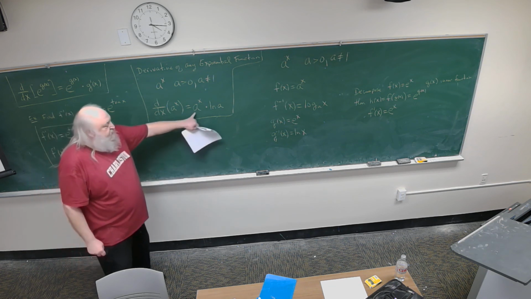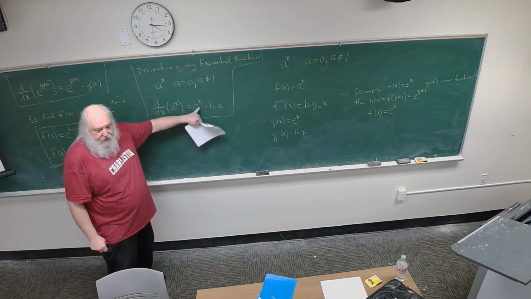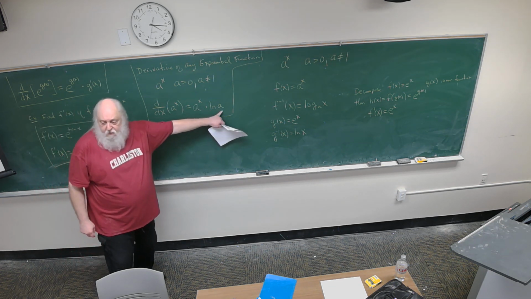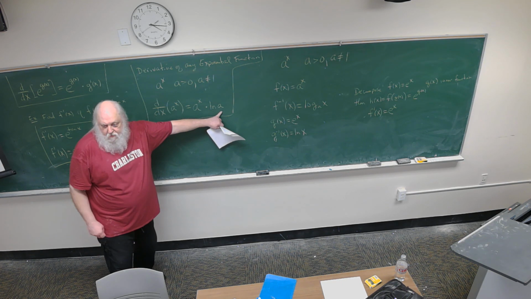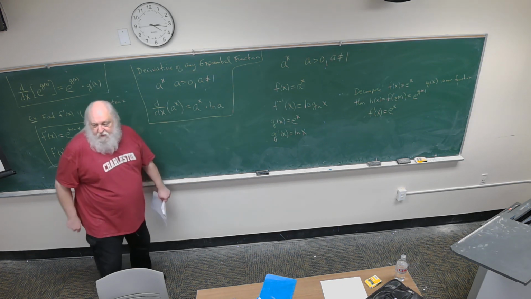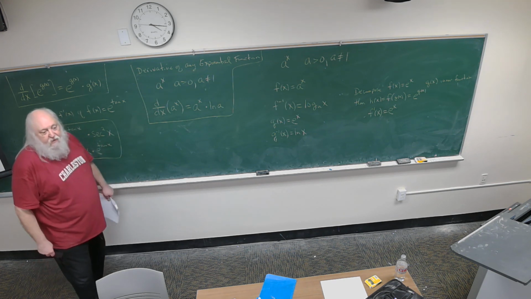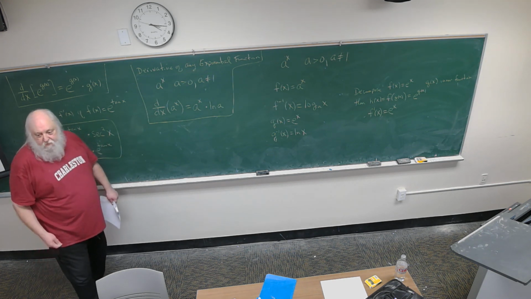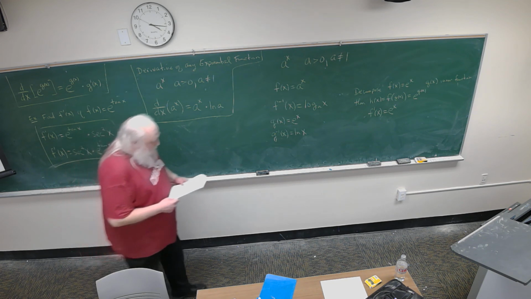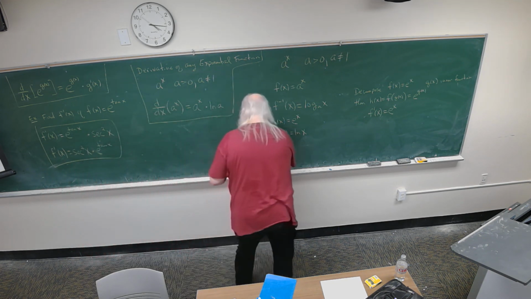And if a was equal to e, we had e to the x, then we have the natural log of e over here. And what's the natural log of e equal to? 1. That's why you don't see it in the derivative of e to the x, okay? Because the natural log of e is equal to 1, okay? All right, so